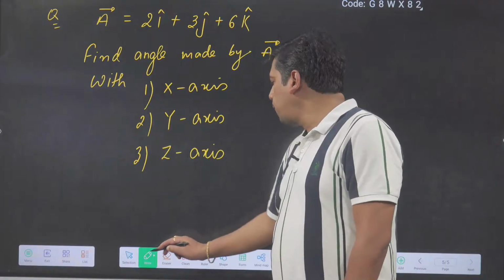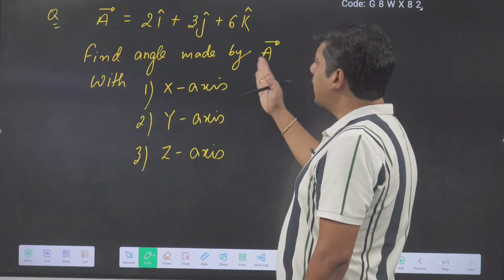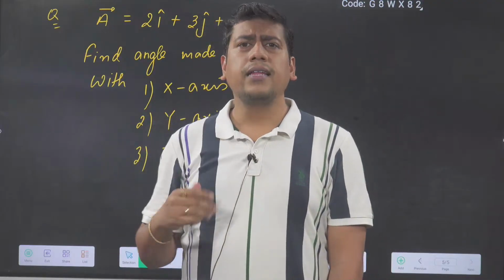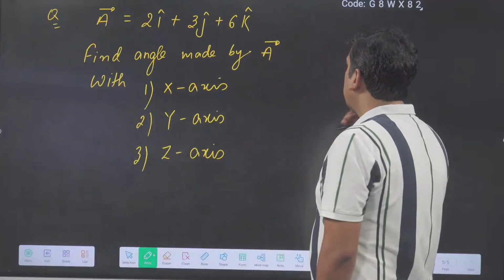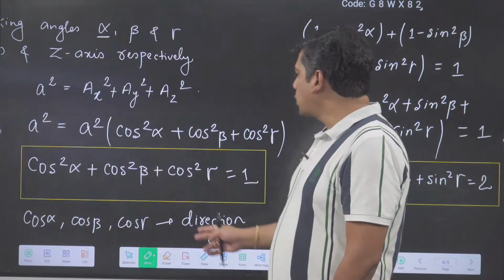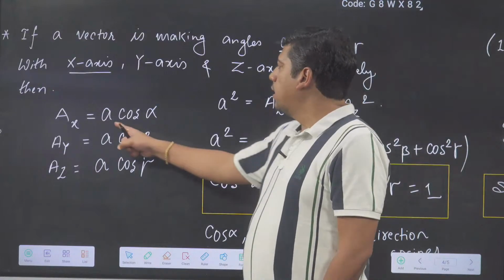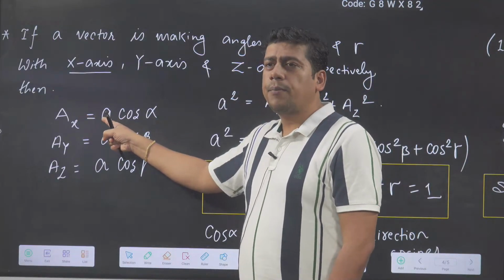First of all, find the angle made by the vector with the x-axis. Means they are asking you to find alpha, then beta, and then gamma. So if they ask you to find alpha, beta, or gamma, understand, if you know the component and the complete vector magnitude,